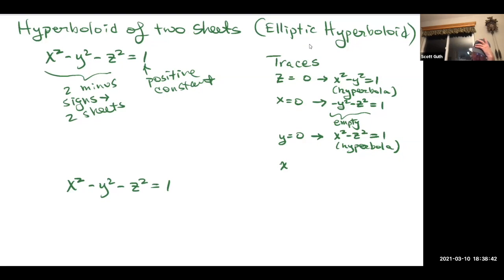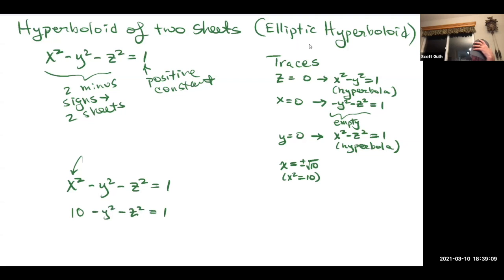So what I need is for x squared to be 10, which means I'm going to have x be plus or minus the square root of 10. Okay, which means x squared is 10. And so what you would get out of that is 10 minus y squared minus z squared